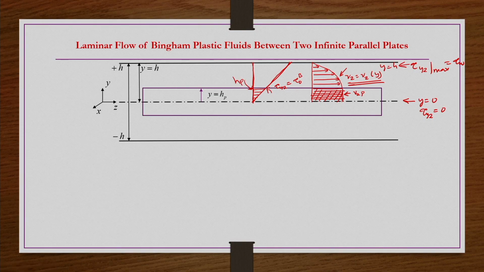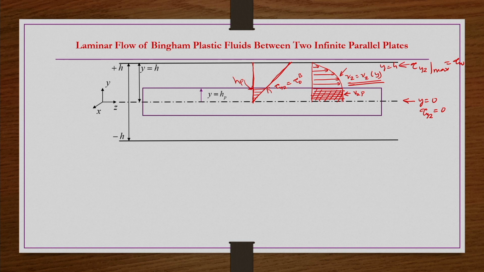Like in the pipe flow conditions we have done, here also in this geometry we are going to develop the velocity profile for two regions. One is the non-deforming solid plug kind of region where the velocity is constant, that is VZP or VZ maximum. Another is the region where deformation is taking place, where the material is flowing like a viscous fluid, not like a plastic solid. Within that region, the velocity is a function of y. The division of the flow geometry into two parts is the only difference here, because that is the characteristic nature of viscoplastic fluids.